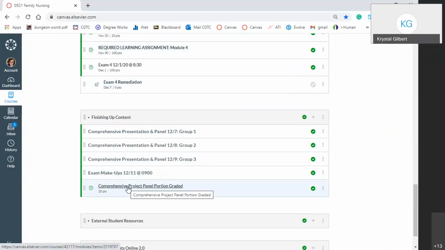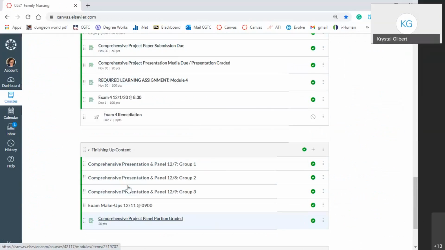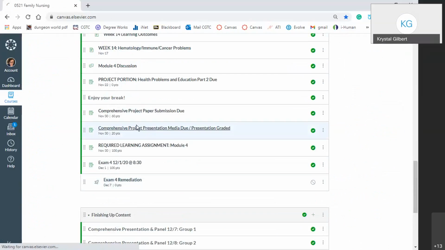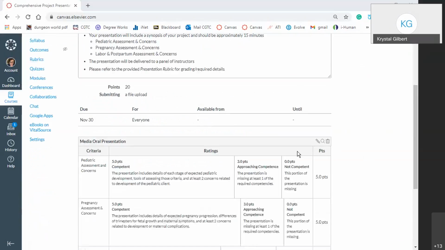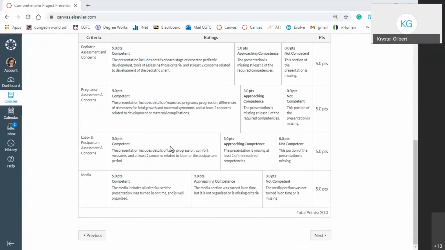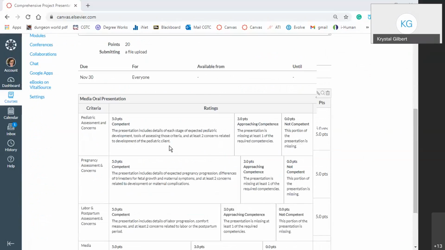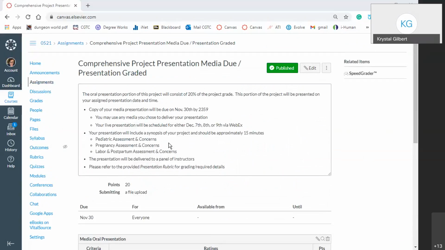This is just the panel versus media and presentation. So for the media and the presentation, it's kind of together, but you're going to turn in your media ahead